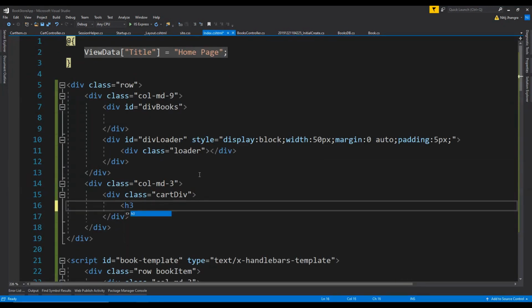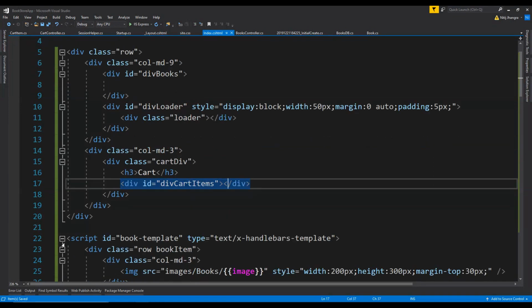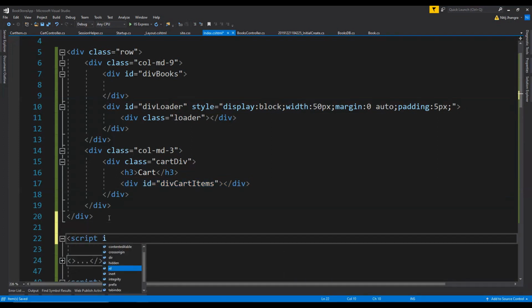And now we can add a new h3, and let's just write Cart over here, and let's create a new div which will act as a container for all of the individual cart items. So let's set the ID as divCartItems, and now we need to create the handlebars template for all of the cart items. So let's create a new script element with the ID as cartItemTemplate, and let's set the type as,